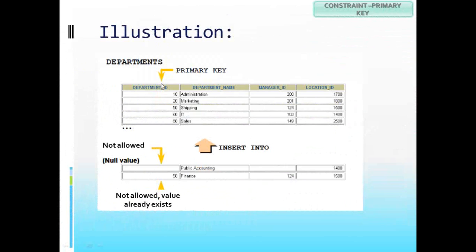Illustration is like that. In the table departments, here is the primary key, department ID, and we want to put this data like that. A null value is not allowed because primary key does not allow the null value or a value that already exists. So we can say that primary key is a constraint combining not null and unique. We insert into,